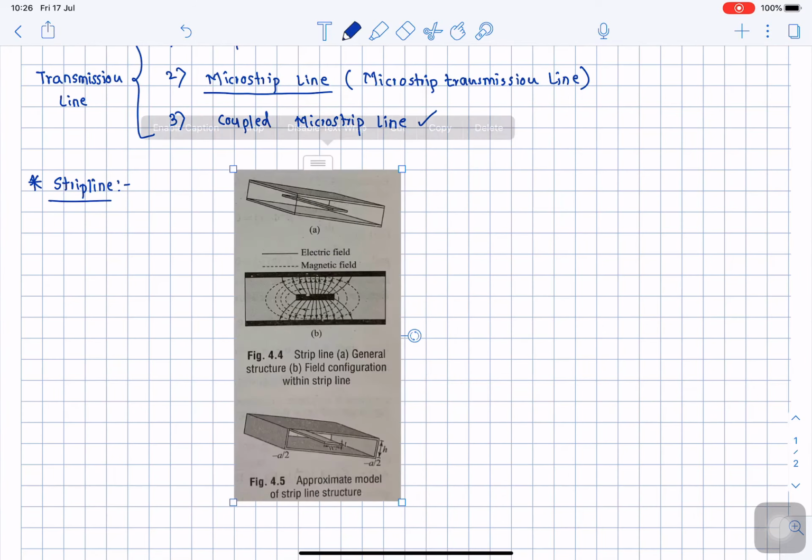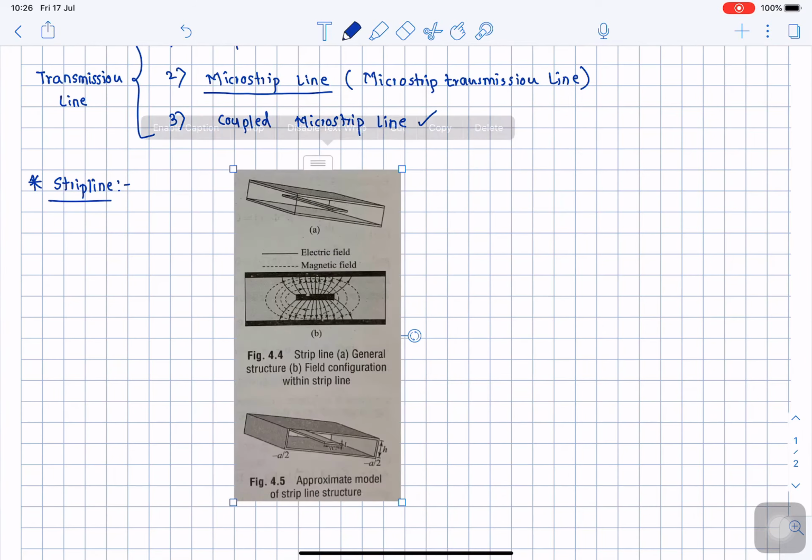So I hope that this diagram is clear to you. What we have over here is two ground planes. These ground planes are located on the top and bottom. So here I will draw. This is a ground plane, right, on the top of that line, and below that there is another ground plane in this way. So I am explaining the physical construction of a strip line. Okay. And at the center over here exactly there is a strip line.